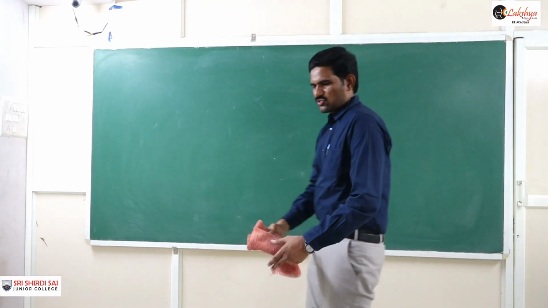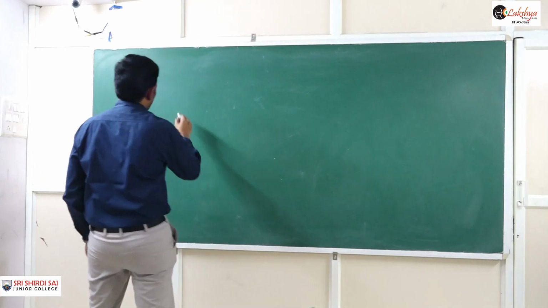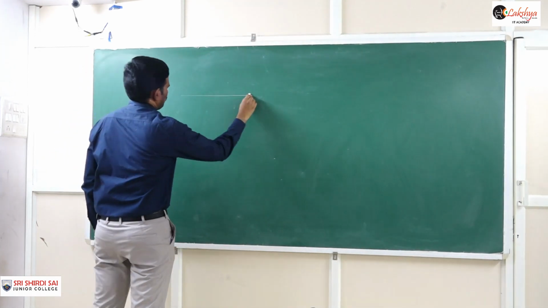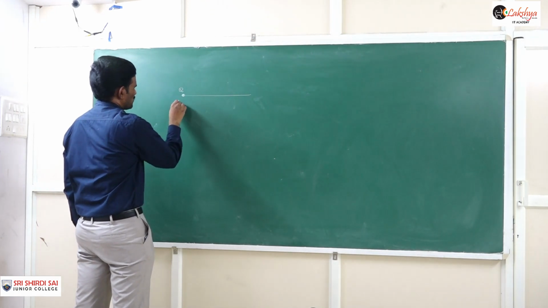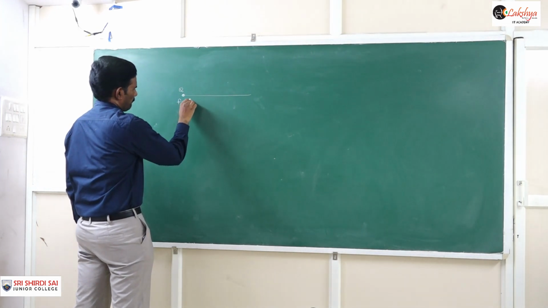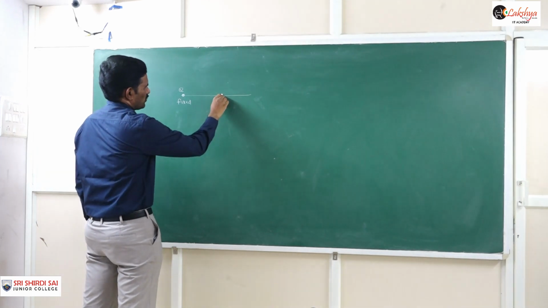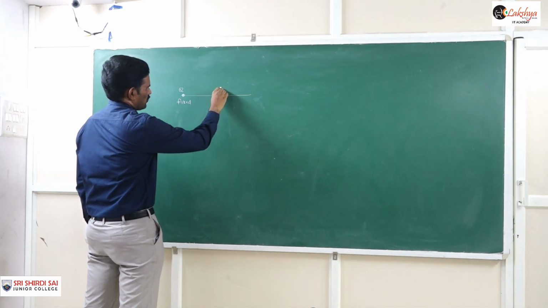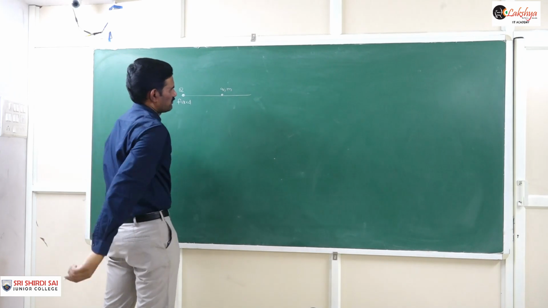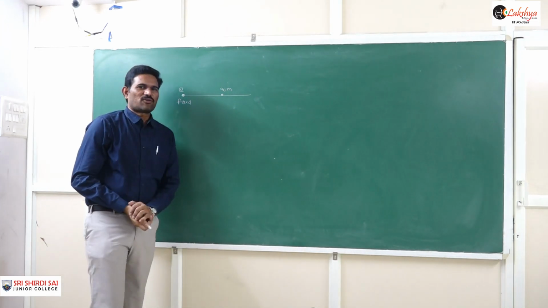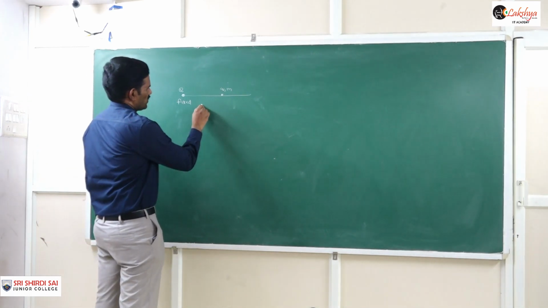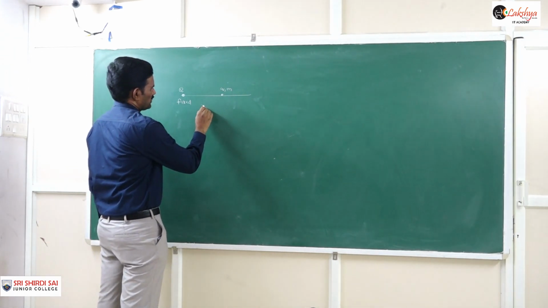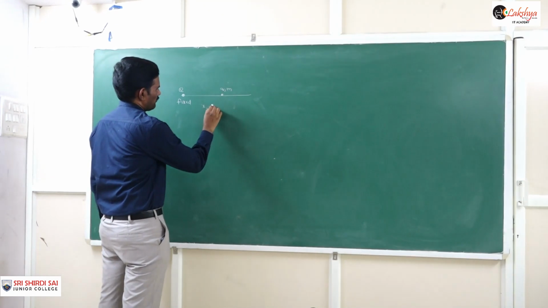So let us consider a charge Q is fixed here. Capital Q is a fixed charge. And now a small q, this is small q, and the mass of this particle is m. Now this charged particle is free to move, and the total surface is a smooth surface. Initially it is at a distance of, say, r or x1.